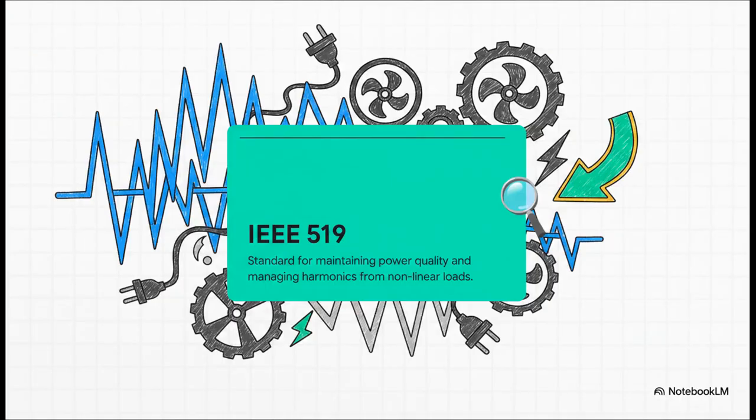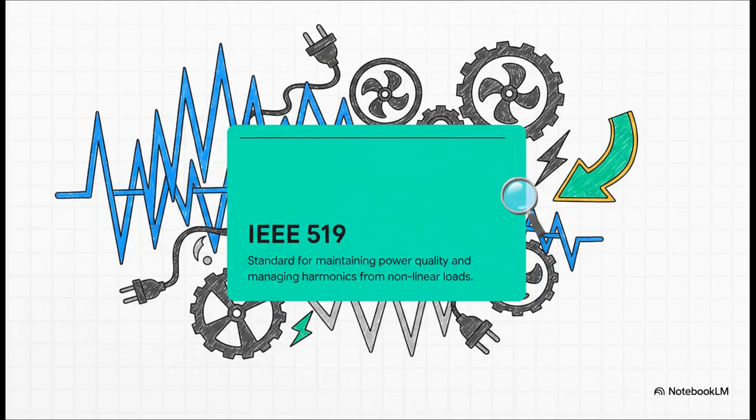Before we even try to solve the problem, we absolutely have to understand the benchmark we're striving for, and that is the IEEE 519 standard. It's the definitive guideline for keeping those chaotic harmonics in check. When you introduce variable frequency drives, VFDs, and other nonlinear loads into your environment, they create massive electrical turbulence. Complying with IEEE 519 is not just about ticking some compliance box, it's about ensuring the fundamental health and survival